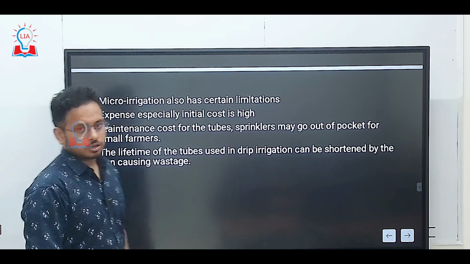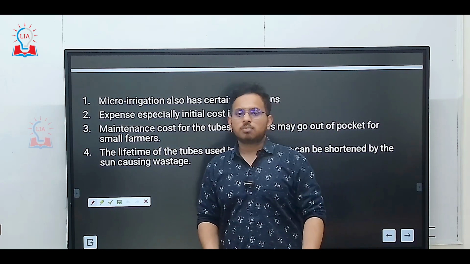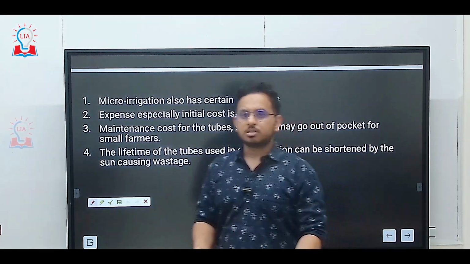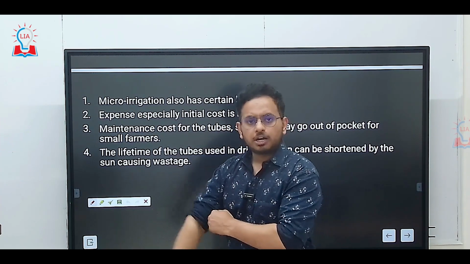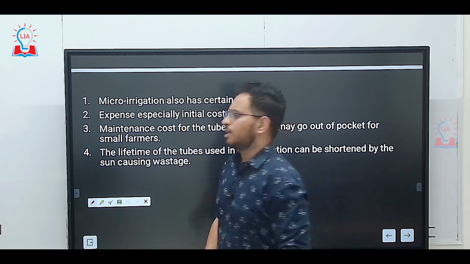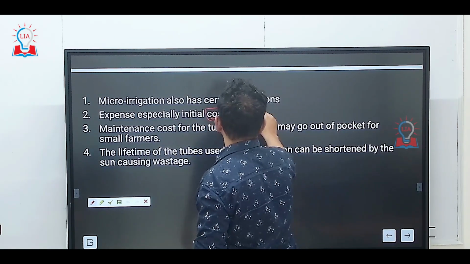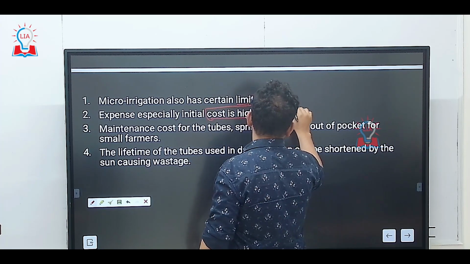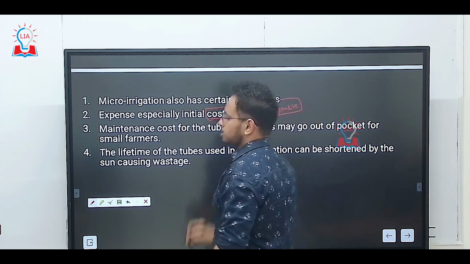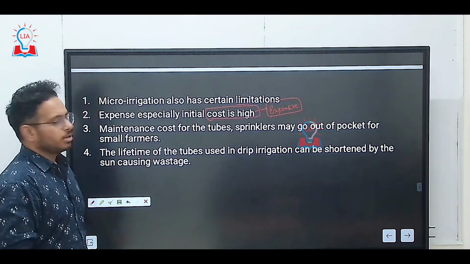Now, what are the challenges? If these are the advantages, then why have Indian farmers not adopted it on a very large scale? Why do we have micro irrigation techniques being adopted by farmers on a very small scale? Why? The first thing is that the cost is very high. The initial cost is very expensive. Because the initial cost is very expensive, farmers are very reluctant in adopting these methods.